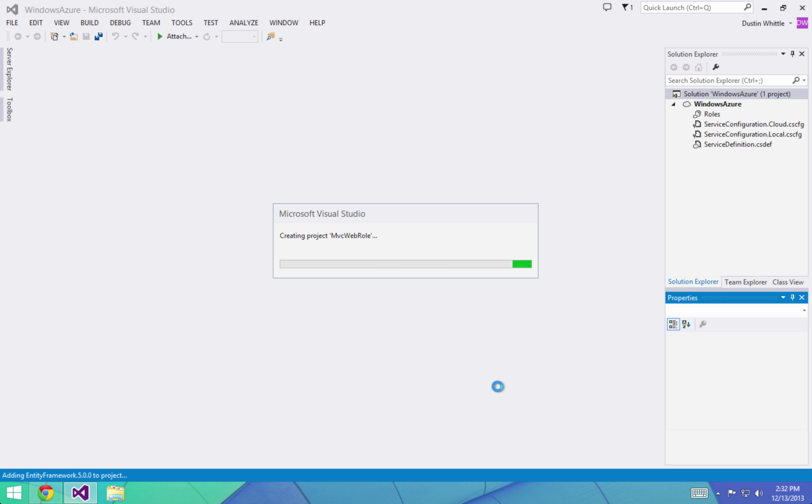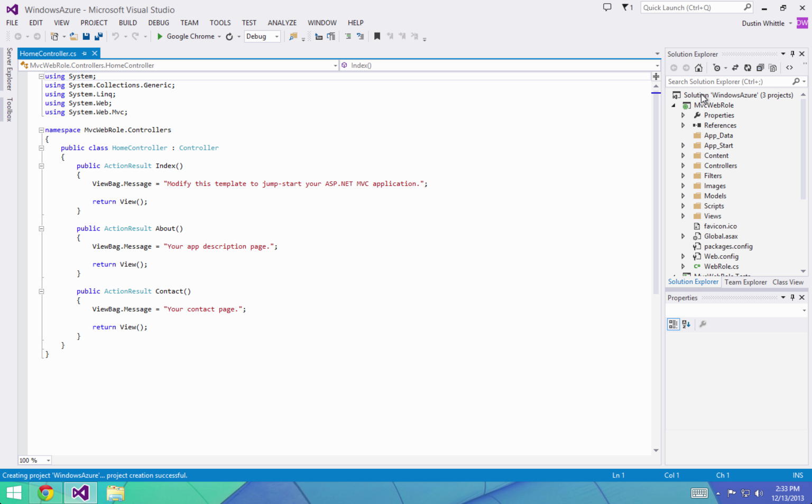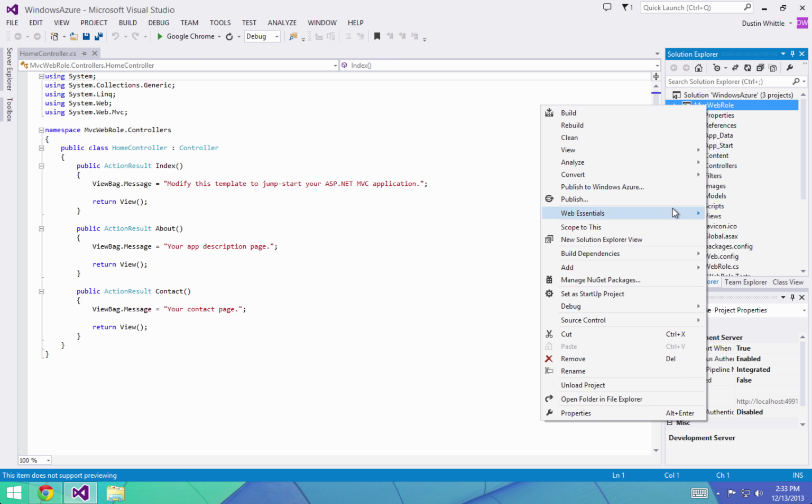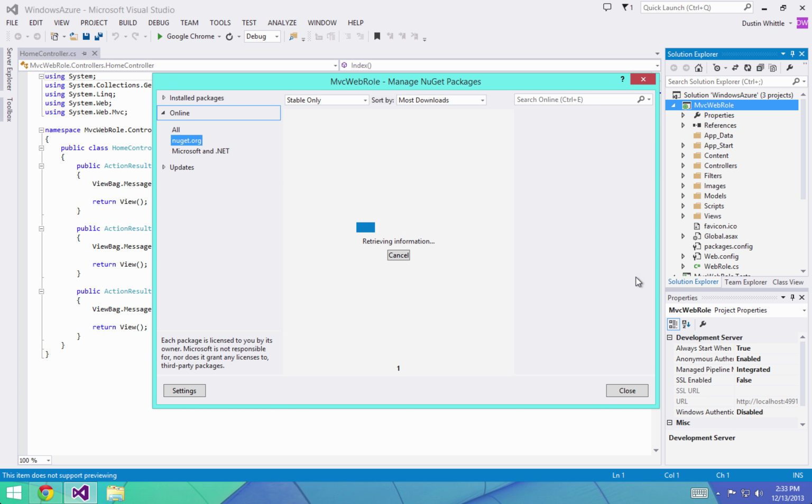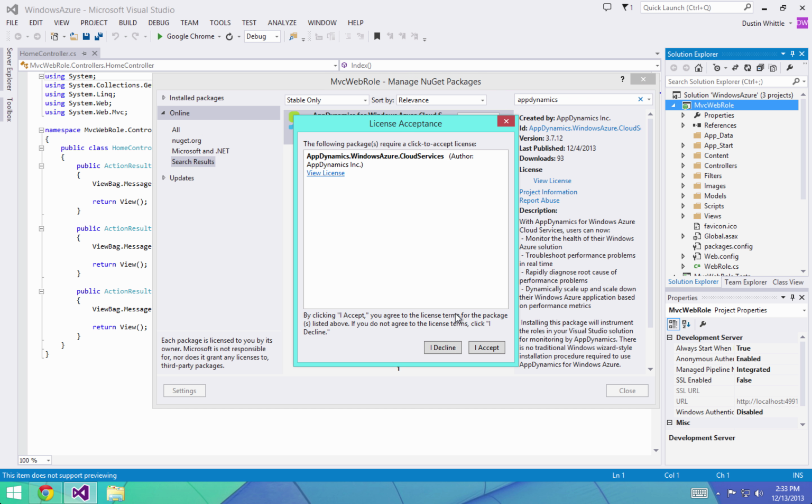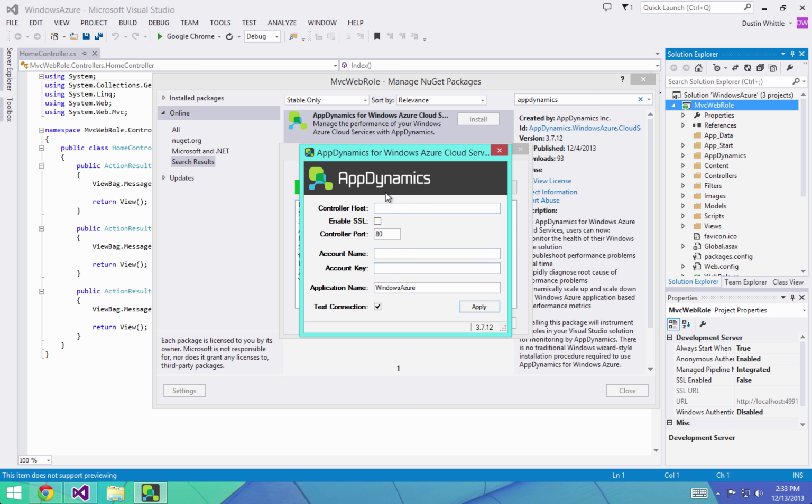And all we need to do to add AppDynamics monitoring to our MVC4 application is use NuGet and enable the AppDynamics add-on. Once our project has been created, we can simply right-click on our role and manage the NuGet dependencies. Here we can simply search for AppDynamics and click Install. We'll be asked to provide some basic information, like our controller host name,